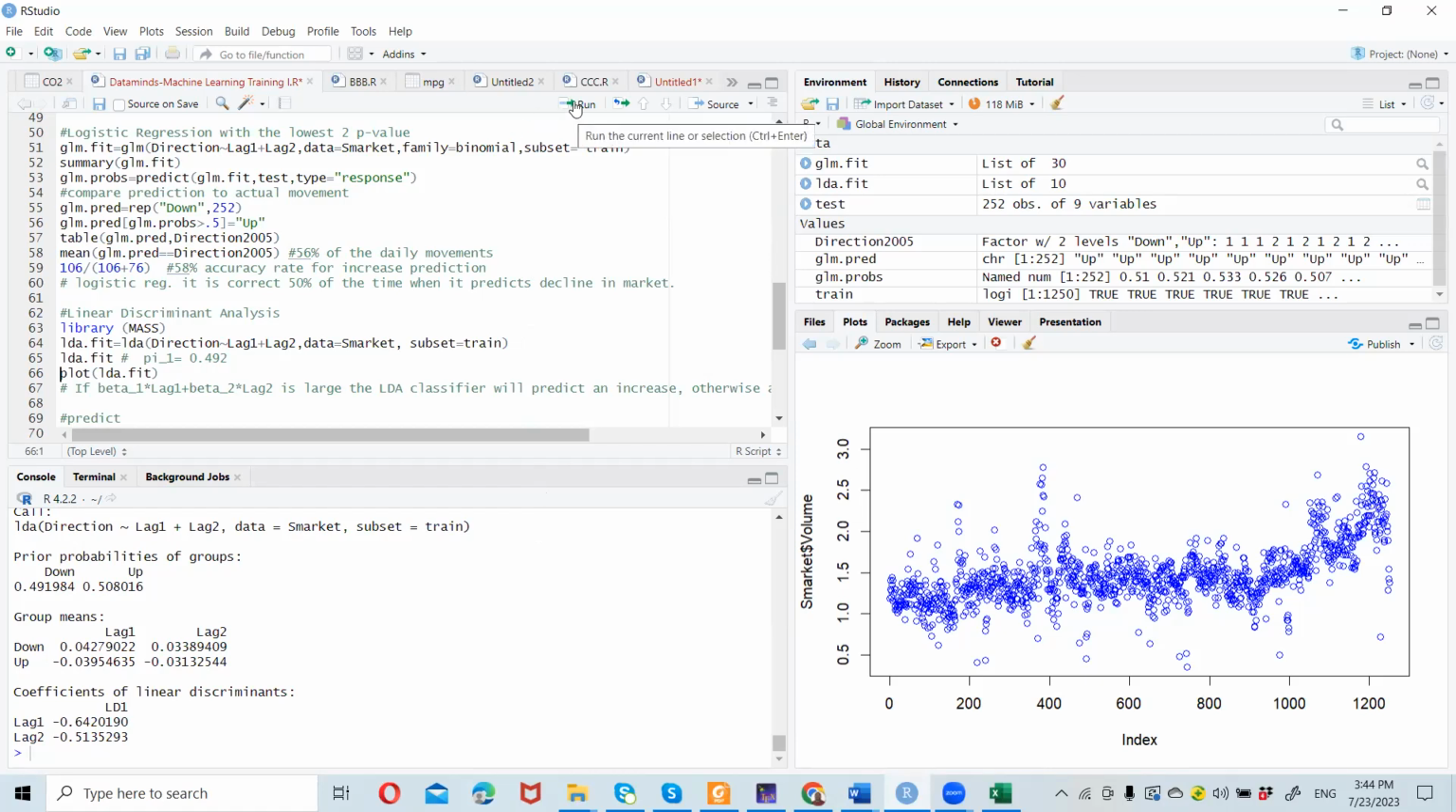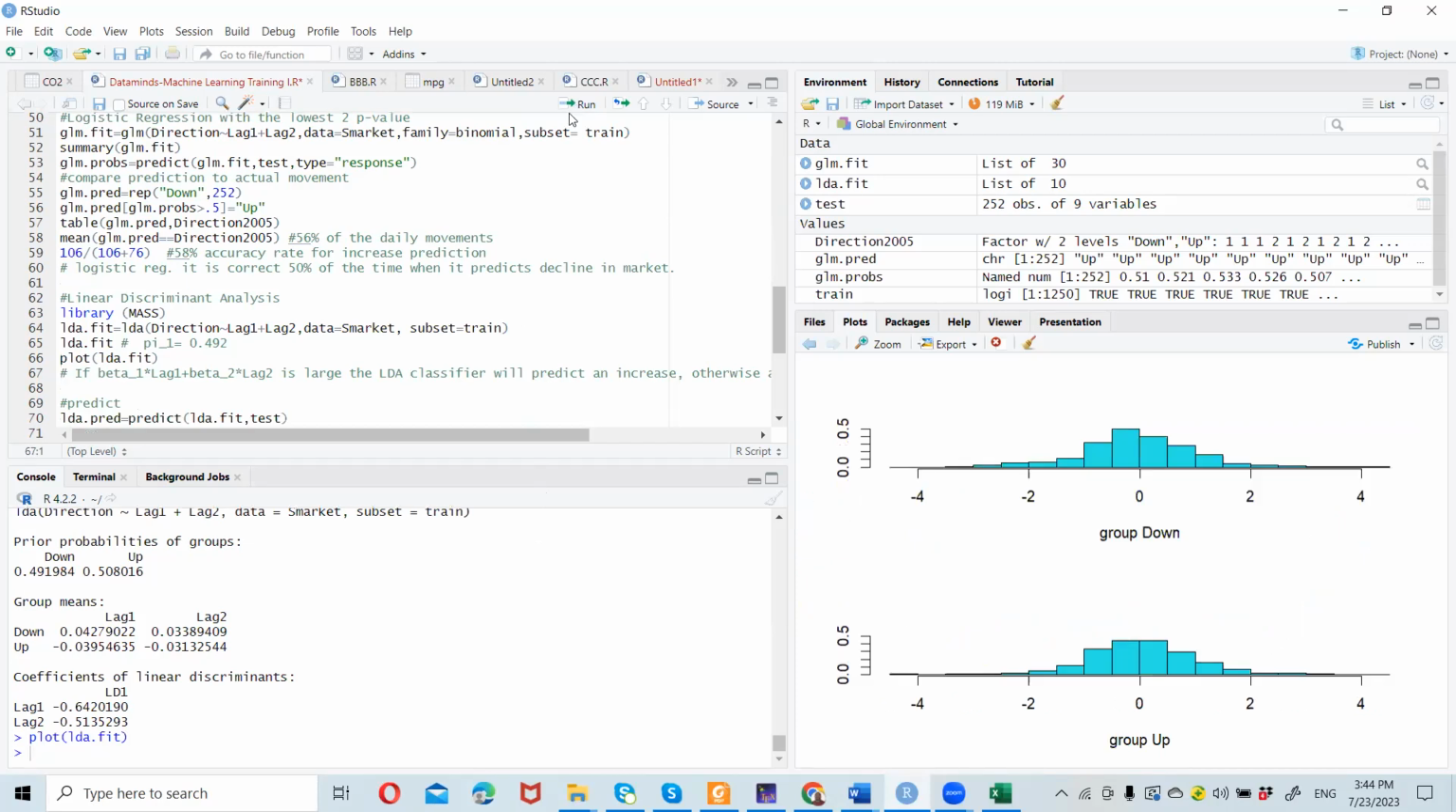Now, the coefficient, what it means is that if we multiply minus 0.64 times lag 1 and minus 0.513 times lag 2, if it gives us a high value, it means that the stock is going up. Otherwise, if the value we obtain is small, it means that the stock is going down. And the figure that we are given here actually describes what we have for the coefficient. Okay. Now let's look at the